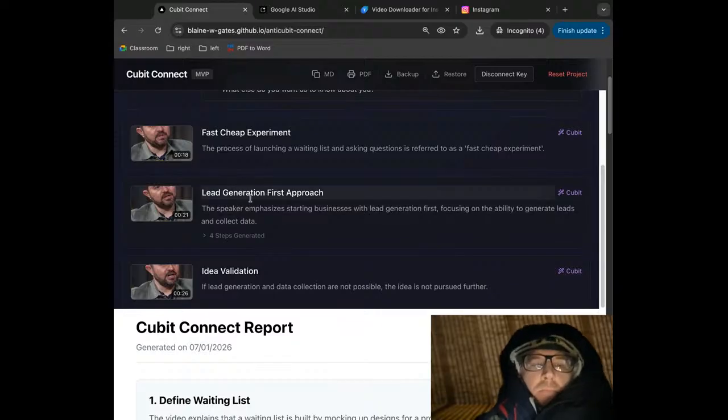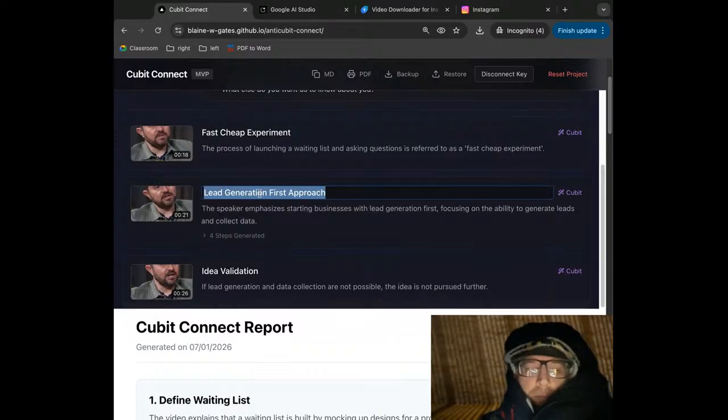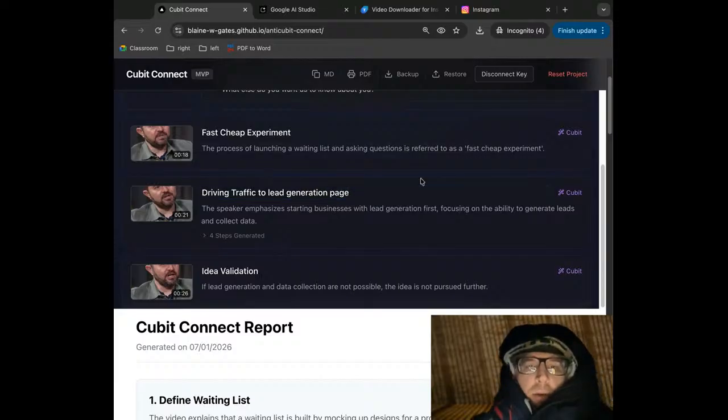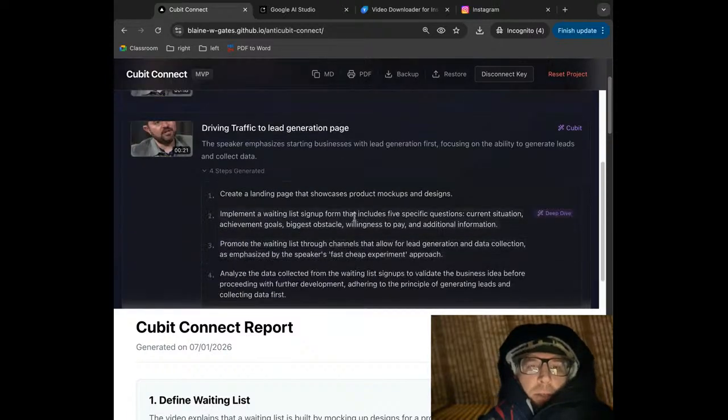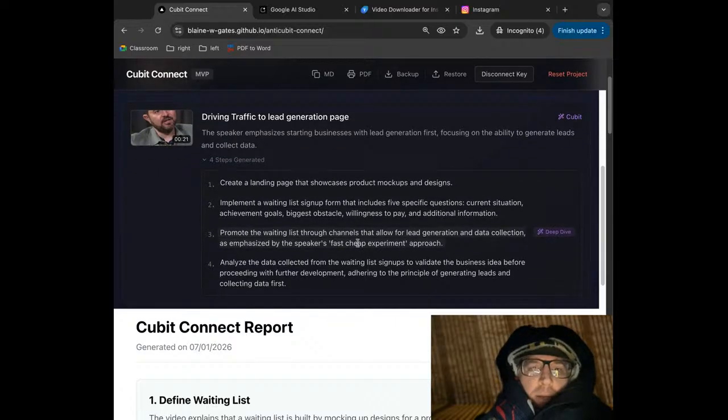Generate lead generation first approach. I'm going to change this to driving traffic to lead generation page, just because I'm more interested in that concept. And let's see if it changed that. Create a landing page to showcase the product mockups and designs. Implement a waiting page sign up that includes 5 questions. Promote the waiting list through channels that allow for lead generation and data collection, as emphasized by the speaker's fast,